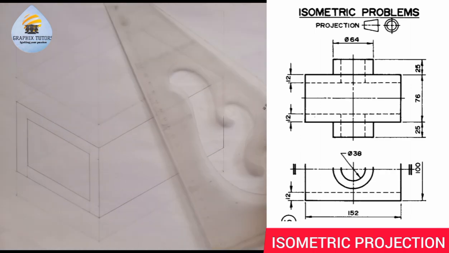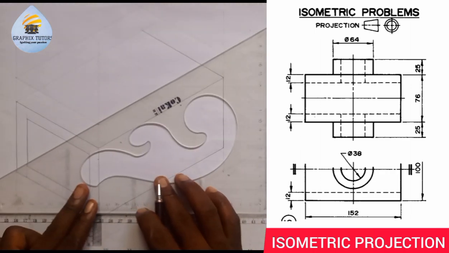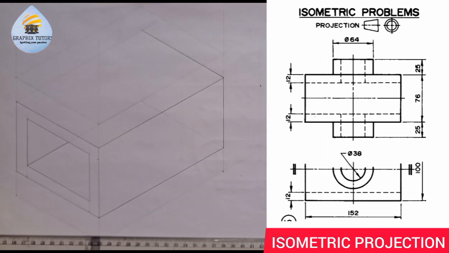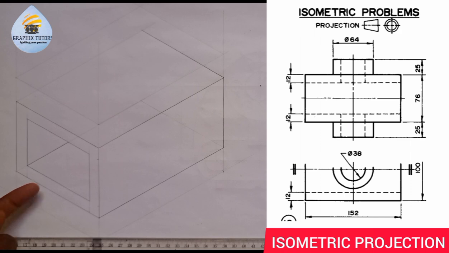Hope you can see that. And because of that hidden line, it shows that this is going in. Hope you can see what I've just done. Now we're not done yet. From the figure you can see there's a circular figure that is going through this figure here, and that